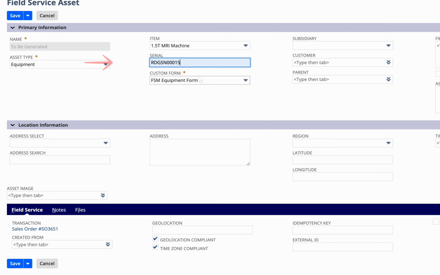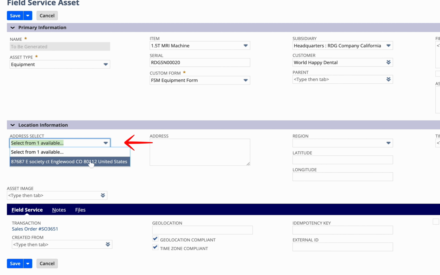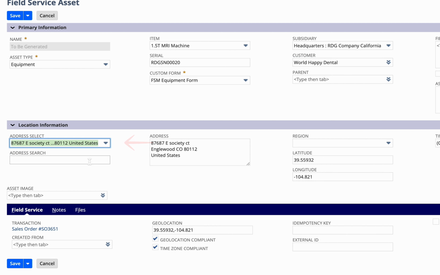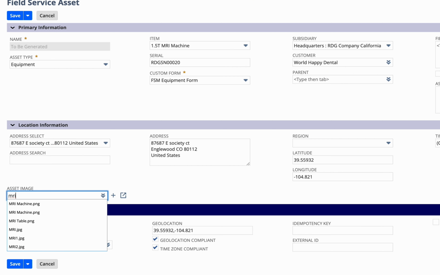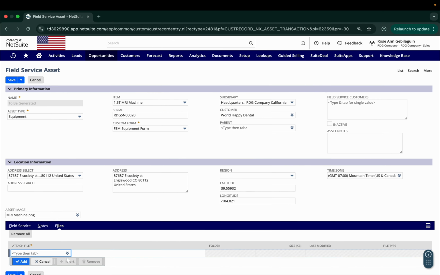I will associate the item and the serial number, define the subsidiary, customer, and address information. Notice that geolocation is automatically detected. We have made customizations from the past to auto-source data on the asset record so we can minimize data entry time. Depending on which record it is preferred to be created from, I can add all other information and save